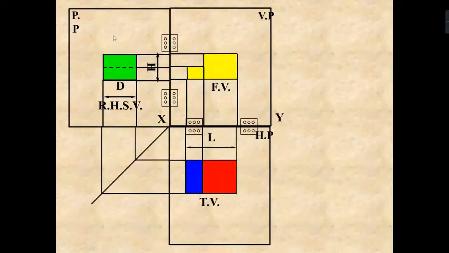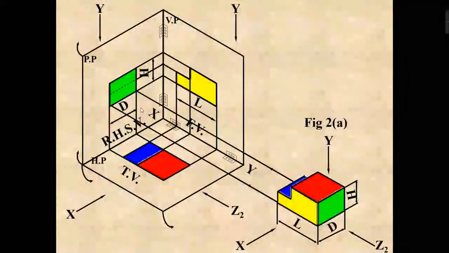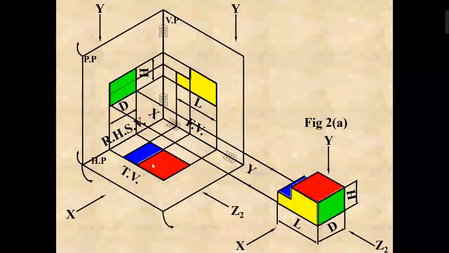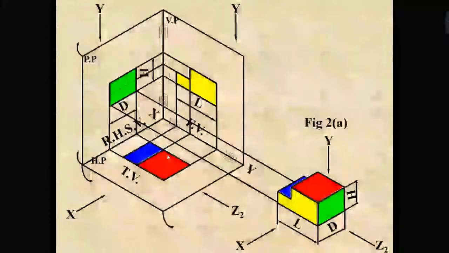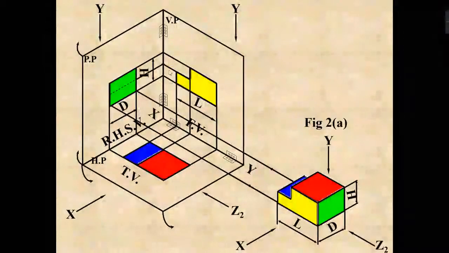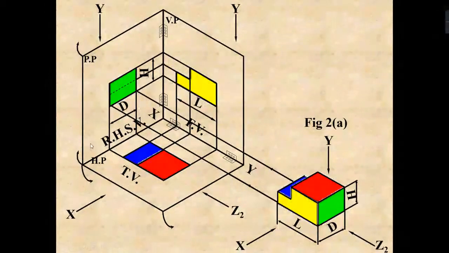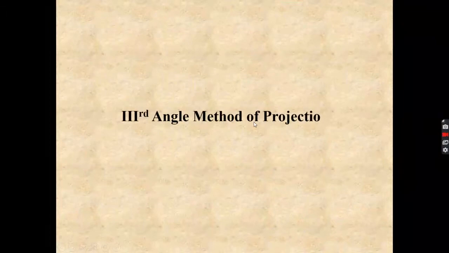So whenever there is a right hand side view, your side view will be on the left side of the front view. Okay, so from the previous diagram you can see here, you always have to rotate the side view plane and top view plane. Your top vertical plane will remain at the same position.